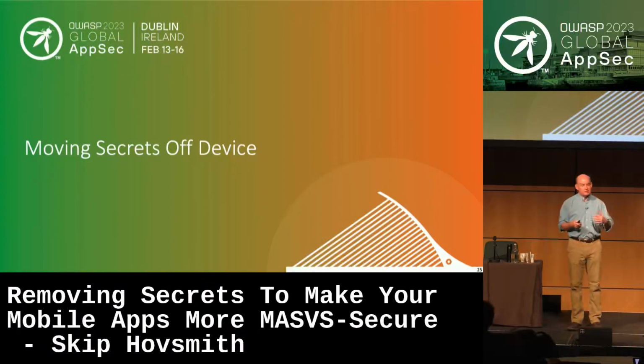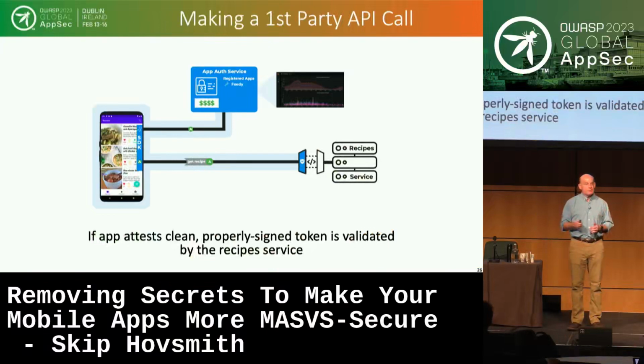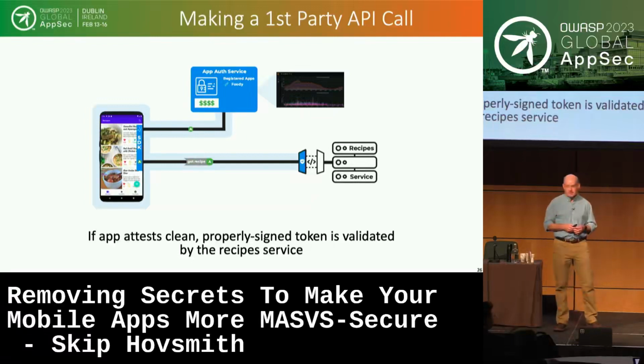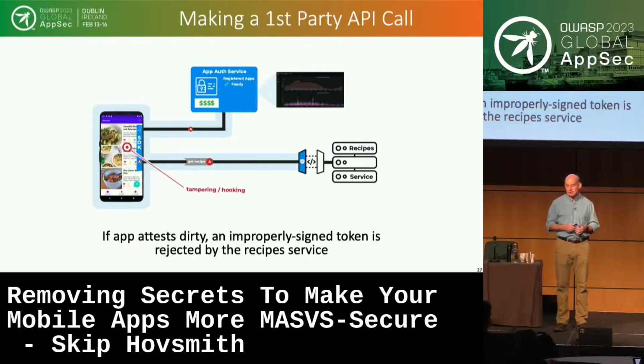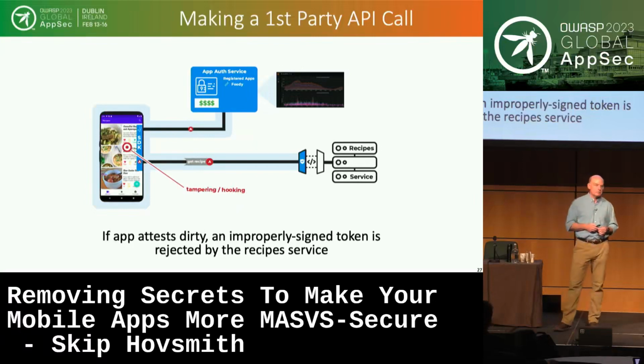So with that architecture, what do we get? If you want to make a first-party API call, an API call to your backend service, I've pretty much just described that scenario already. In that case, if the app attests cleanly, you're going to get a properly signed JWT token. If there's been something bad going on, and those measurements don't measure up when the decision is being made, then you'll still get issued a token, but it will be improperly signed. The application itself doesn't actually need to evaluate whether this token is healthy or unhealthy. It's going to take that, pass it on, and your backend is going to decide whether to accept or reject the API call.